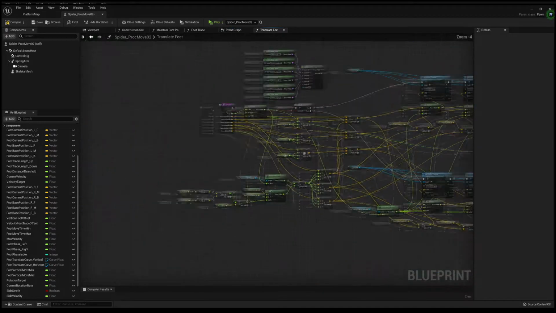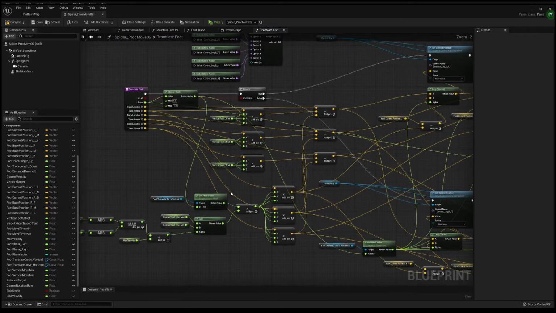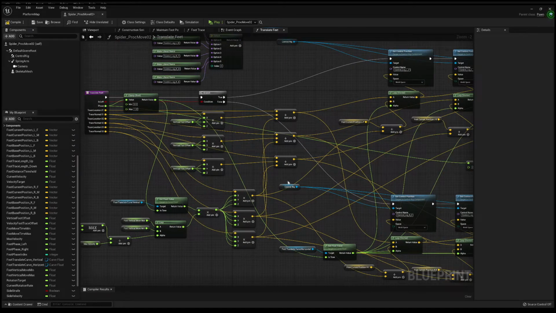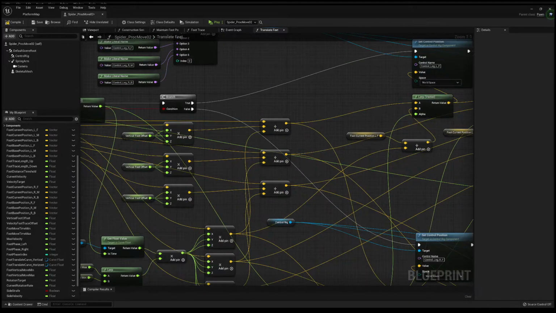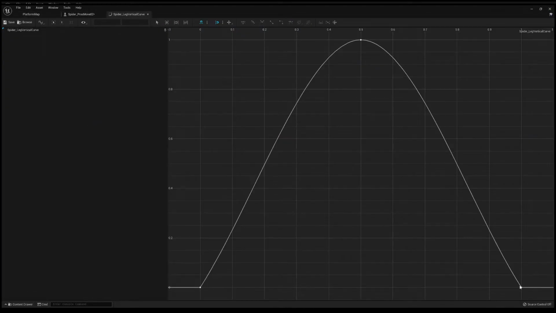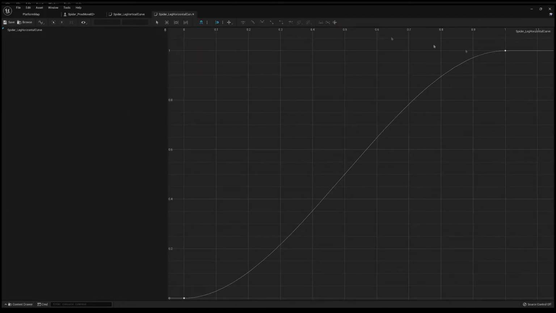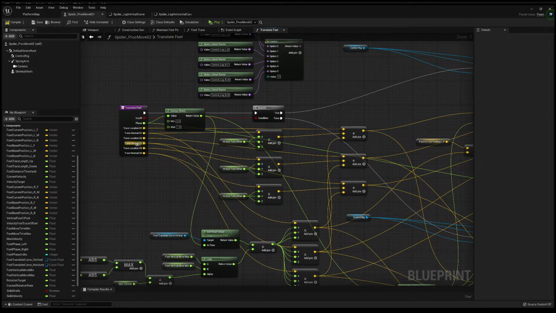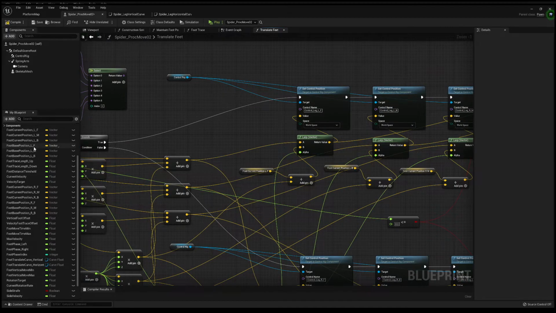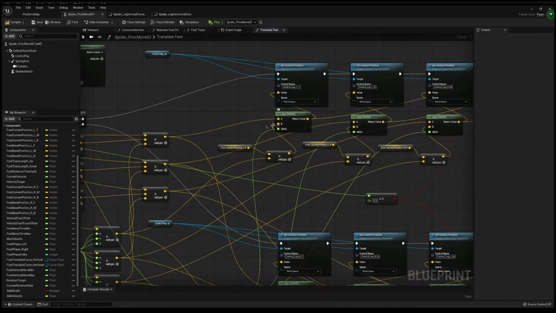In this function, it actually references a curve. And this curve is used to actually add different values to the vectors of the actual feet. For example, this is the curve for the vertical offset. From 0 to 1, this is what its feet do going up and down. And going horizontally, this is what it does. It interpolates to the value. And the values it interpolates from are the traces it just did in the other function, and of its feet position that it recorded from its last trace, or the base position if it started out right here.